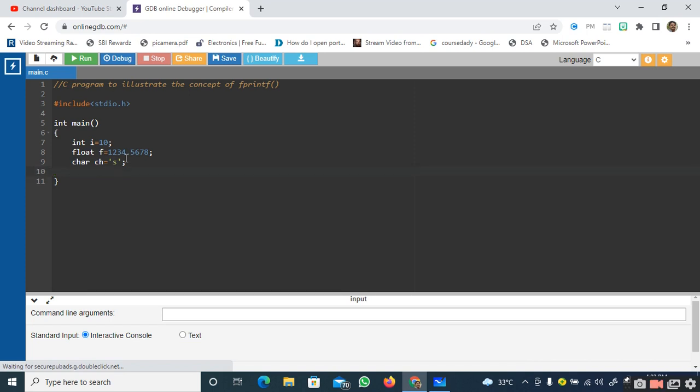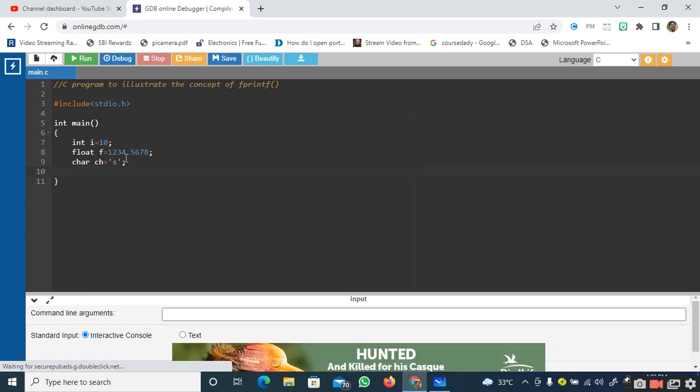Now since I want to deal with files, I should create a file pointer. I should use the data structure FILE. For pointers I use the indirection operator, and fp is my file pointer.